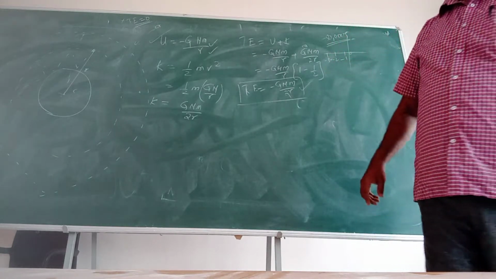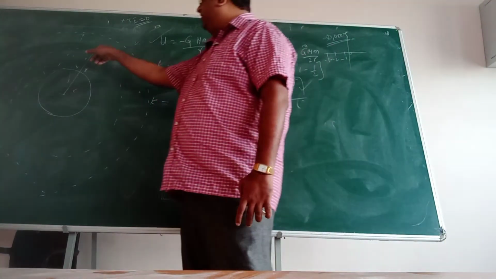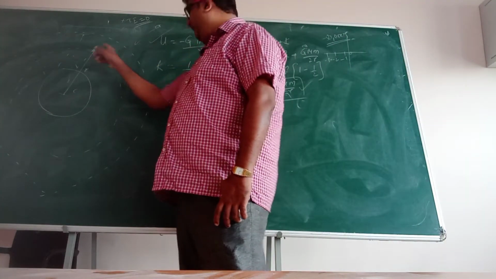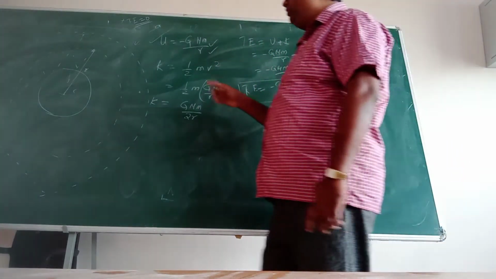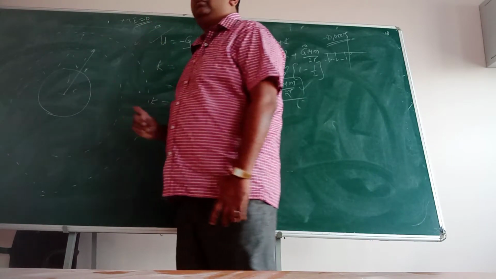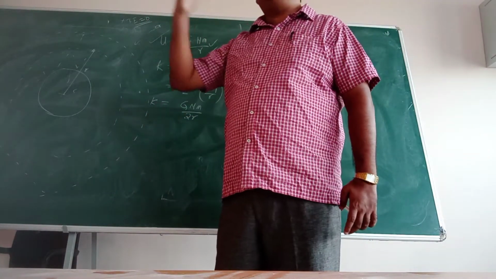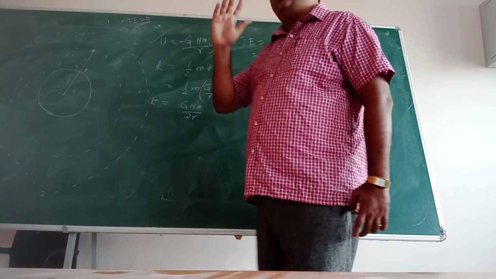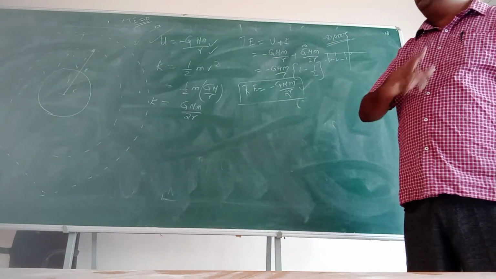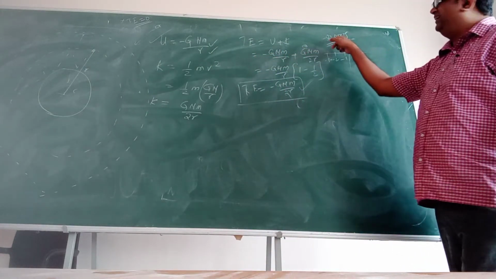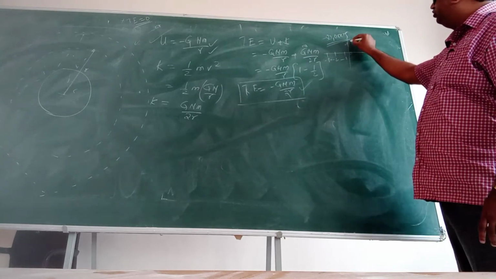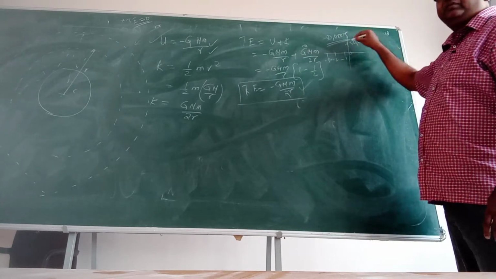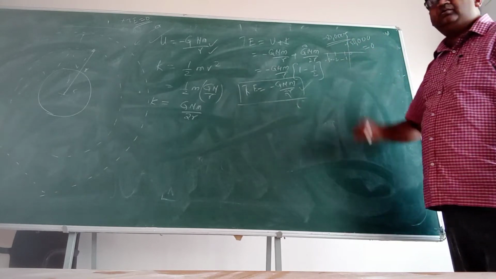Right now it is here and it possesses this much energy. You have to take this satellite from here to here. It should escape the Earth's gravitational field. So, how much energy should be provided? It is presently having minus 50,000 joules, so 50,000 joules should be provided. Add these two, then it will become 0.